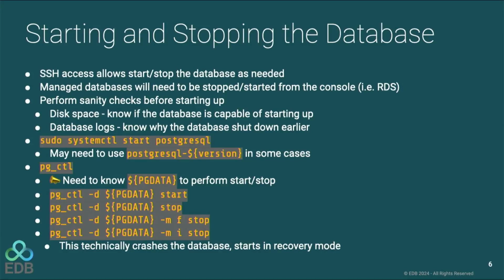Now, the -m f flag is fast mode, and in fast mode it will stop the existing connections. So queries will be ended, and then it will stop. So it'll stop a lot faster. Now, sometimes -m f might not work, so you use -m i, which is immediate, and that will actually crash the database. So you don't want to use that too much, because when you crash the database and start it up again, it has to do a lot of scans to be able to start up, and that will take a long time, depending on how large your database is.